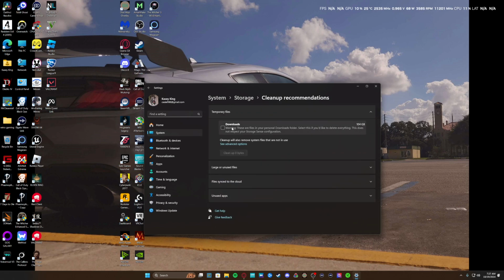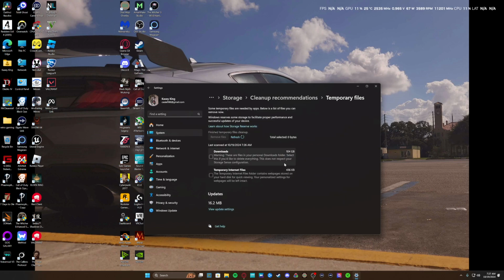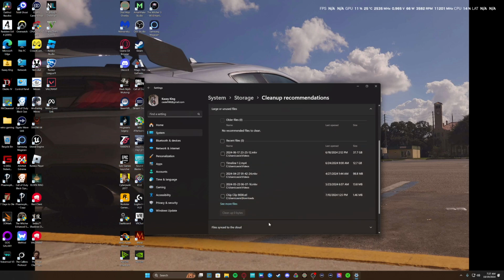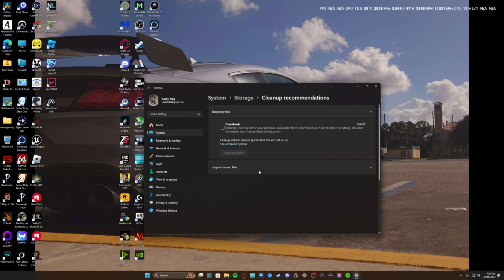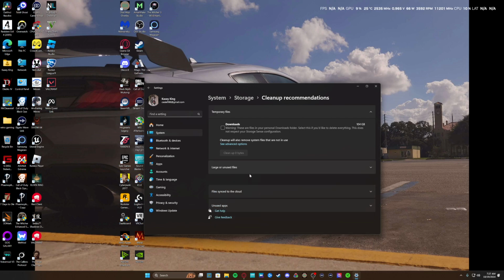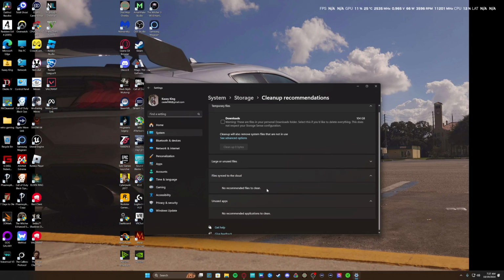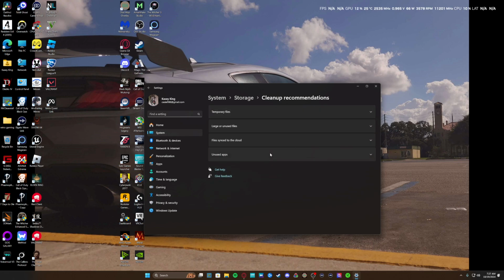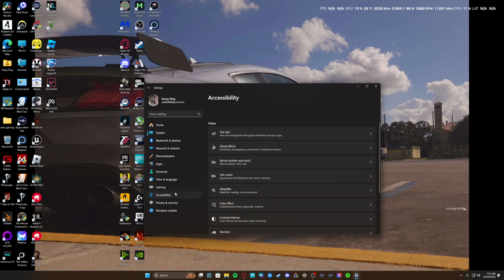Cleanup recommendations. I don't mess with my downloads. I don't like touching that. Sometimes it's my downloaded folder. There's files in my downloaded folder that I don't want to delete, and you can see there's a lot of large stuff in here. I obviously just don't want to mess with any of these files. Unused apps, stuff like that. Another thing